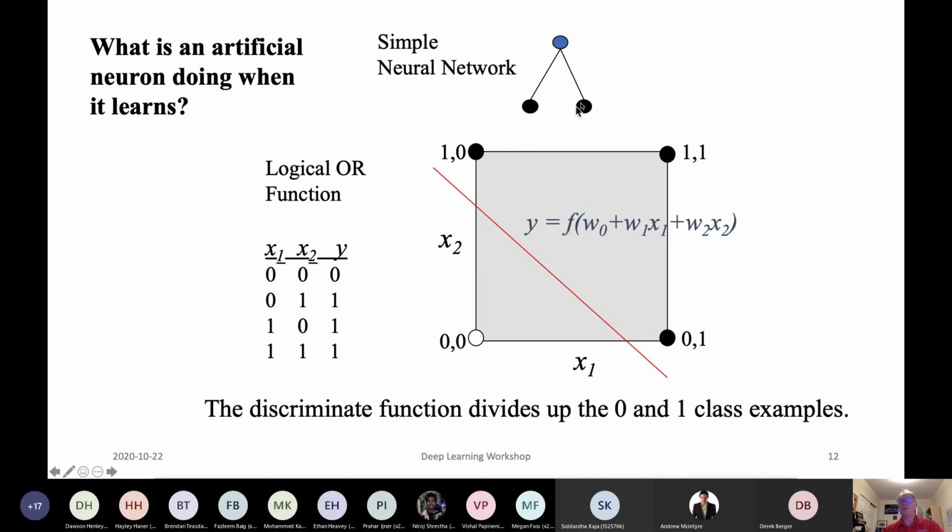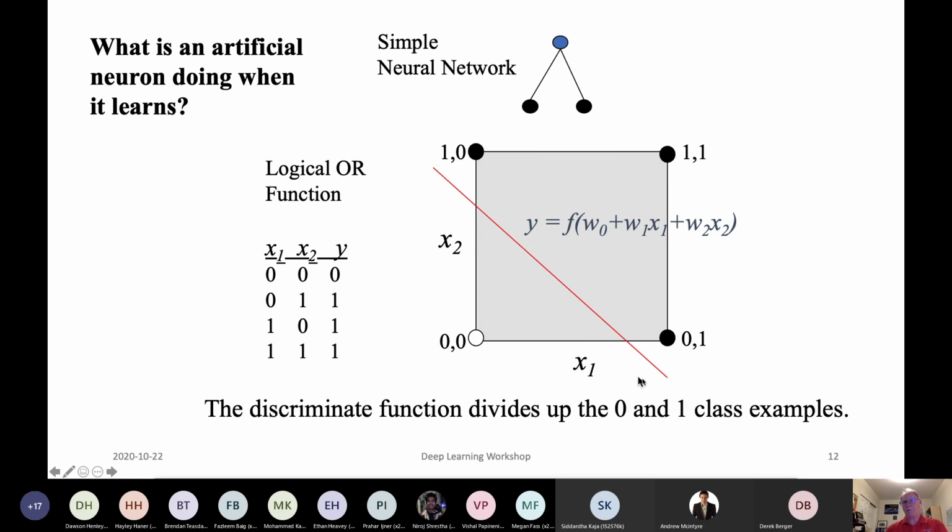So here's our simple little perceptron with one active node and two input nodes, that's our X1 and X2. Here, pictorially, graphically, are the class instances of 0. That's for the first one. So when our inputs are 0 and 0, it's 0. And when any one of the other three is applied to the network, what we want it to do is output a 1 instead of a 0.